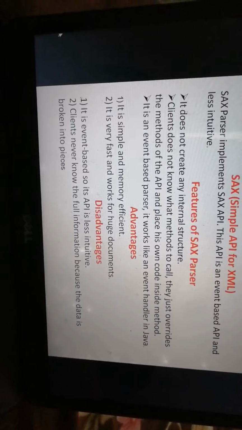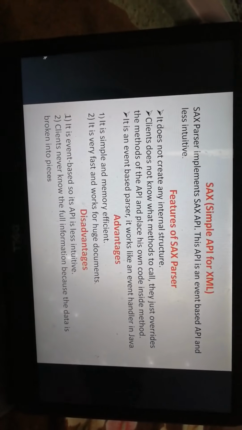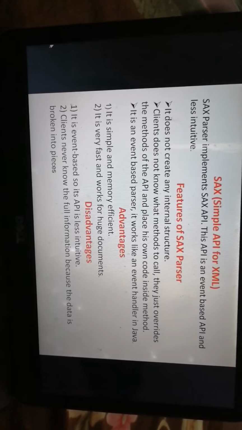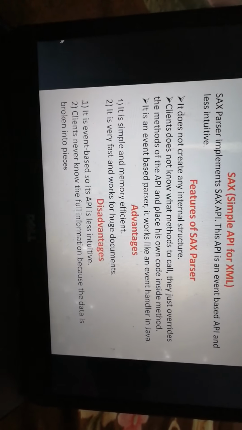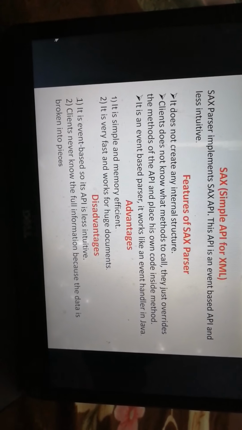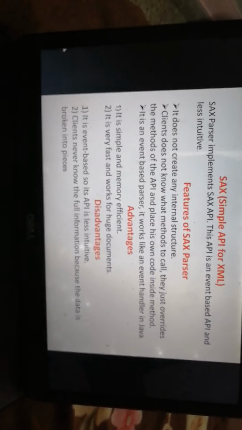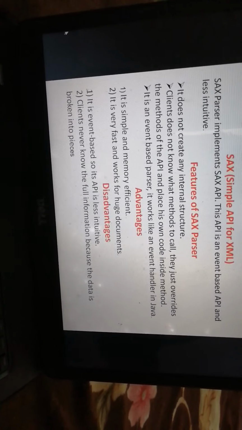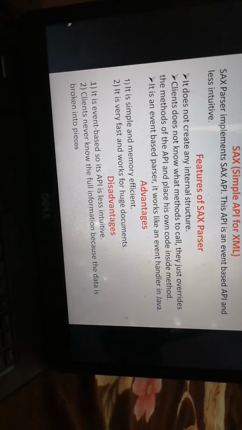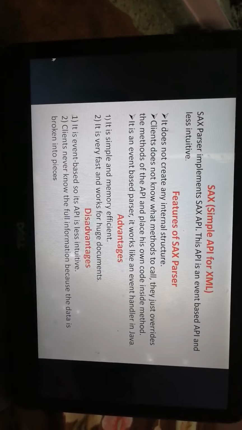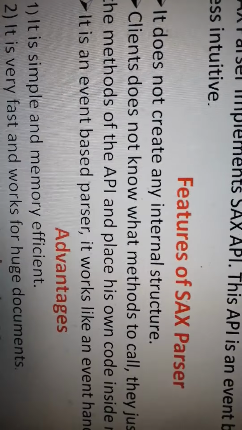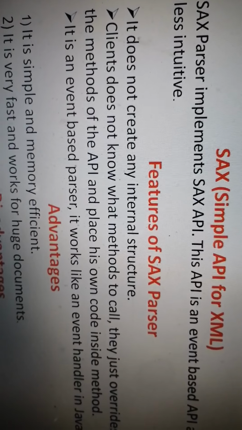DOM and SAX parsers are used for making an XML document accessible with all the programming environments, making XML data accessible with all the programming environments. That is the main intention of the DOM and SAX parsers.